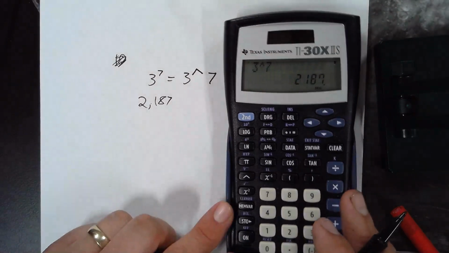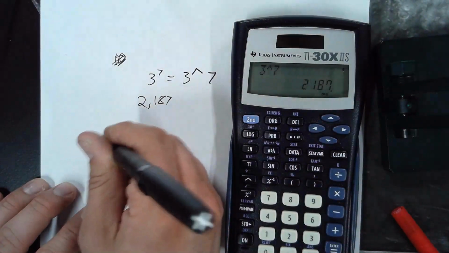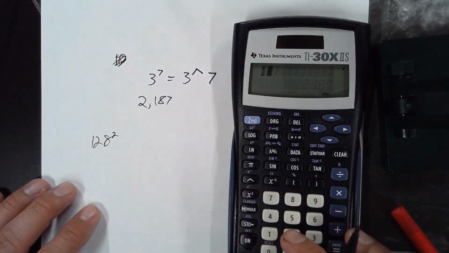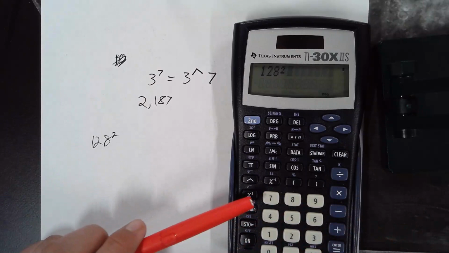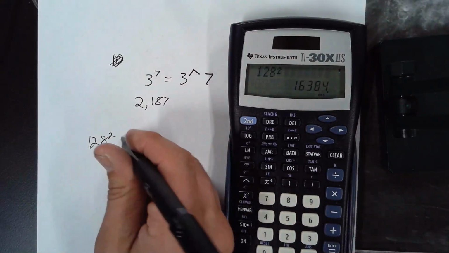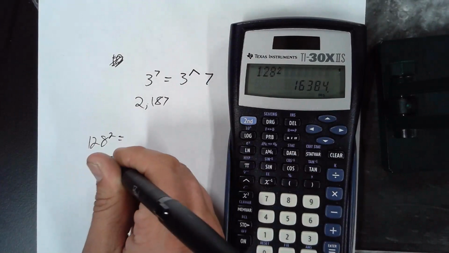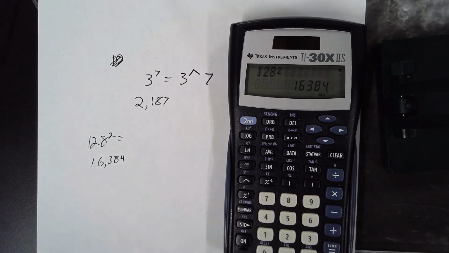There's also a squared button right here below the caret. So if I had something crazy like 128 squared, I could do 128, then press the squared button, which is right there. And that would be 16,384. So those are pretty crazy. You might not have anything like that today. But on your paper, you have some stuff to the 5th power and 4th power. And if you want to just use that caret button,